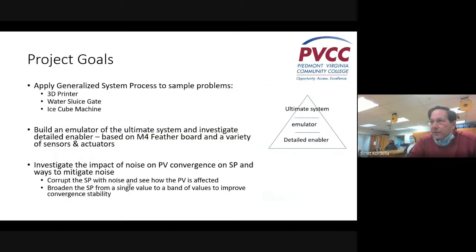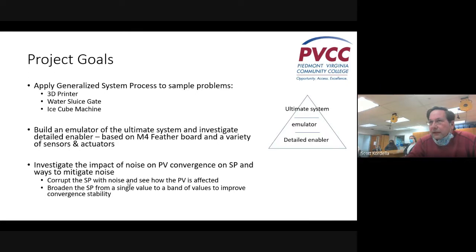In these projects, we imagine an ultimate system. For example, our first presenter will speak to the ultimate system of a three-dimensional printer, a 3D printer. A second talk about what he calls a water sluice gate, meaning a gate that controls water flow for watering crops. And then the third, an ice cube machine, a machine that literally makes ice as an overall process. And we emulate those ultimate systems. We're not building 3D printers. We're not building